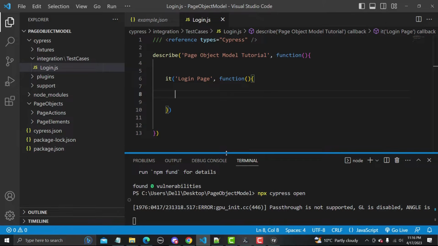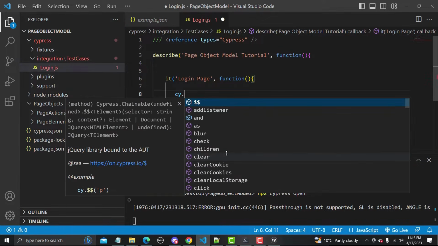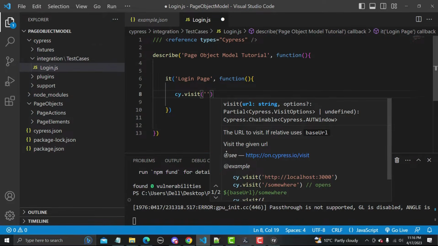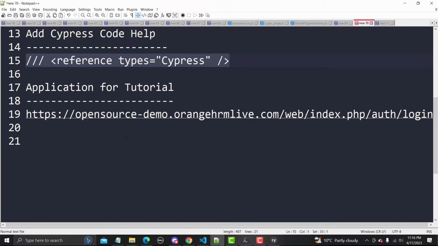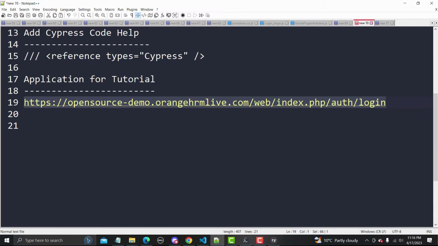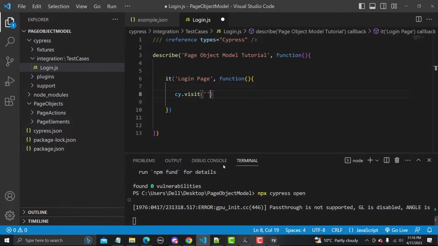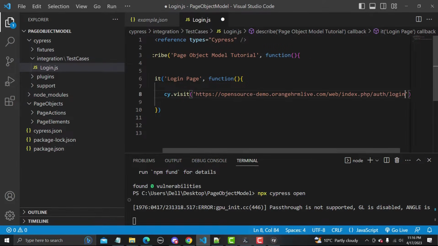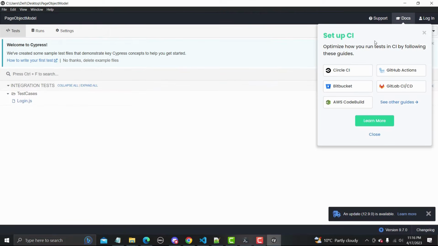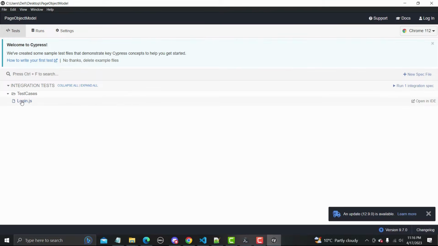So let me save this file, and the first thing we need to do is visit our application. So let me copy the URL from here and use this one in our Visual Studio Code here and save this one. Now let's go to your test runner, which is already opened here, and let me close this one and just click on your login test case here.